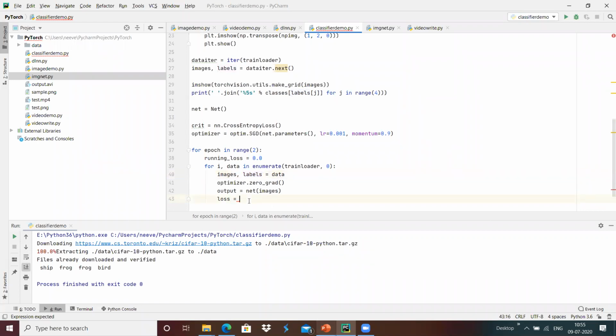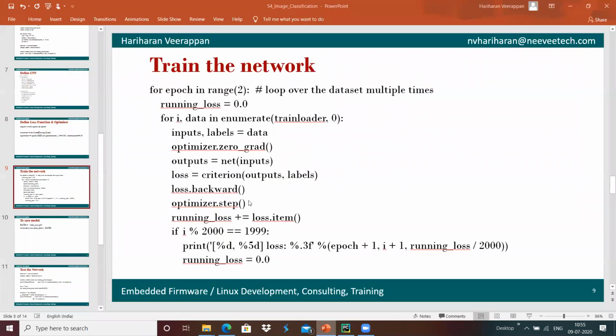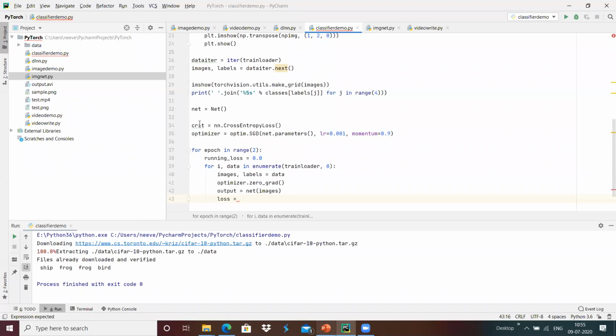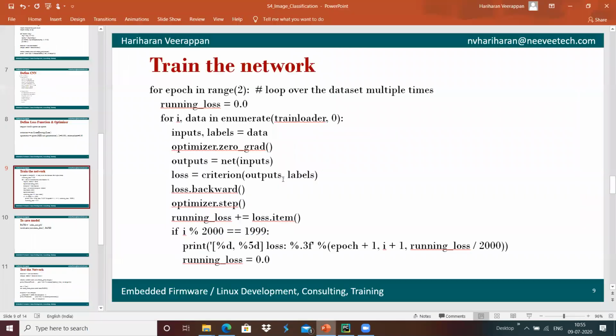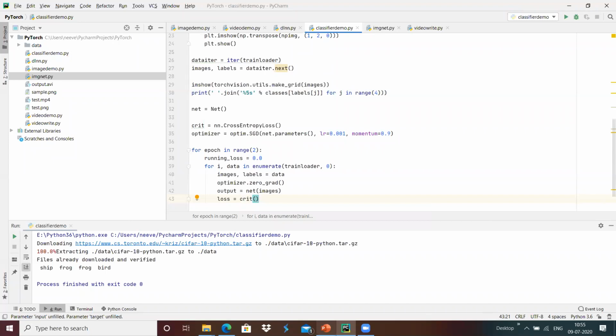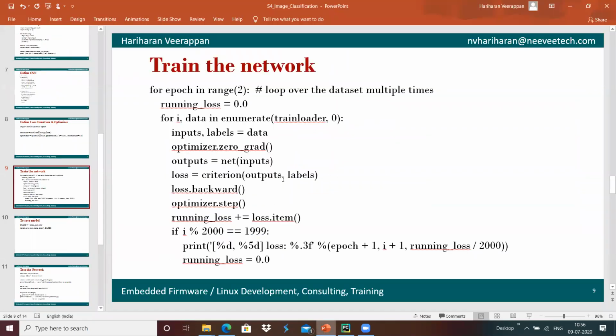We calculate the loss using the criterion, crit of output comma labels, which provides the loss. Labels are based on the train loader that we compare with, for the loss of the neural network.